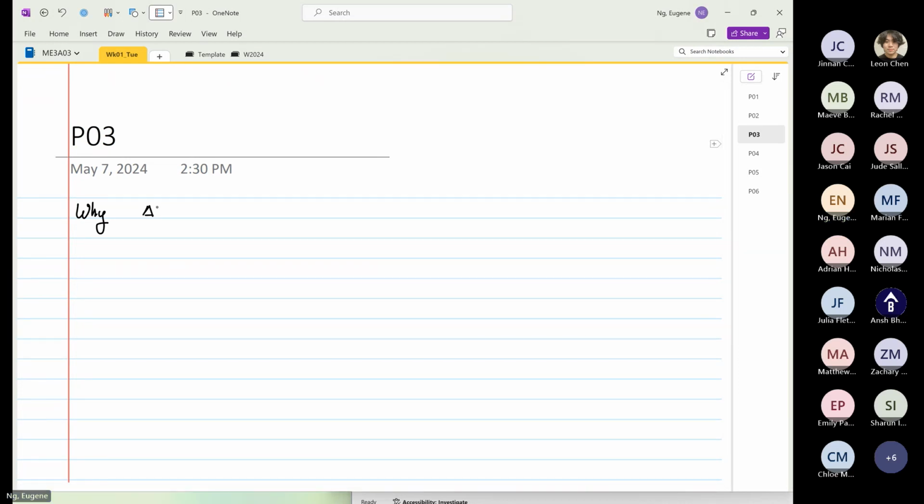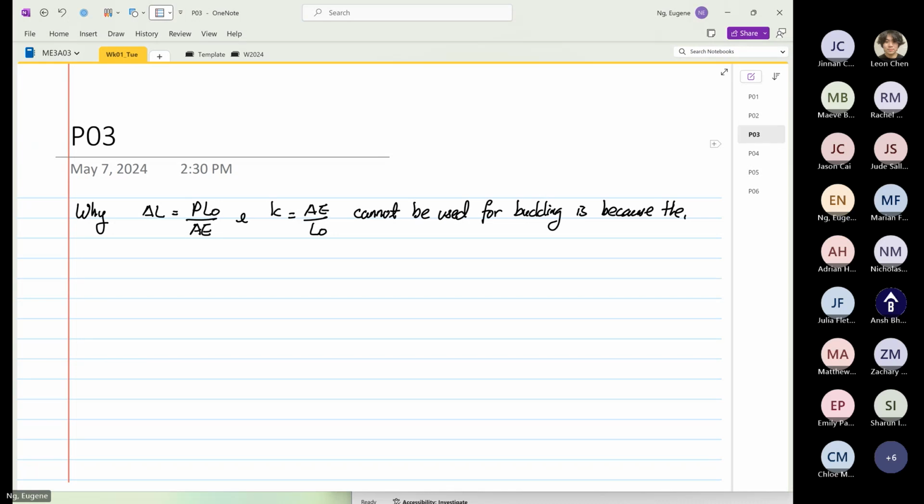Delta L is equal to P L naught over AE, and stiffness K is equal to AE over L naught, and these cannot be used for buckling because